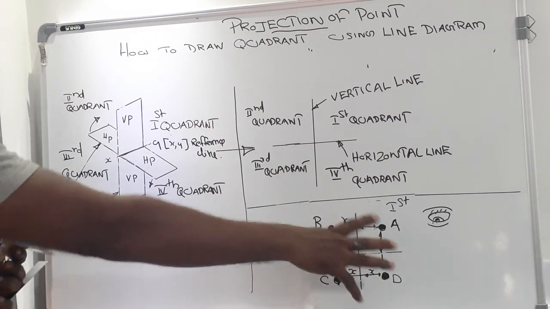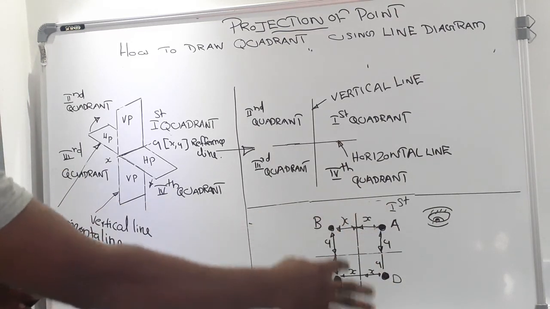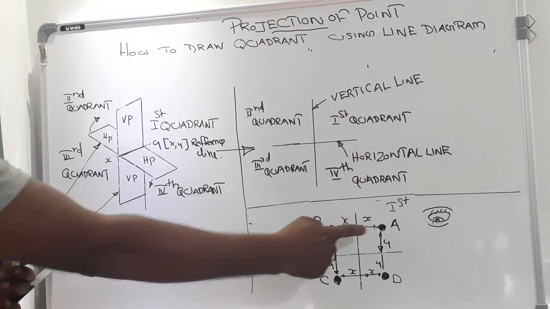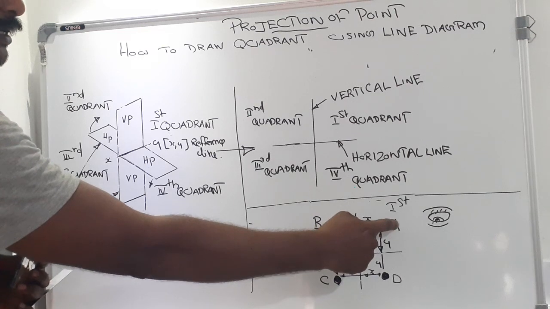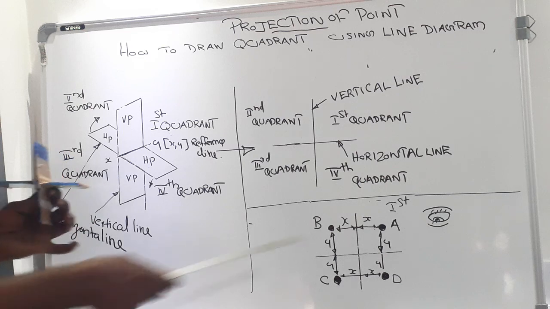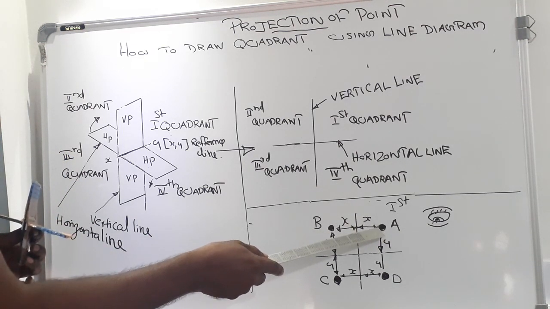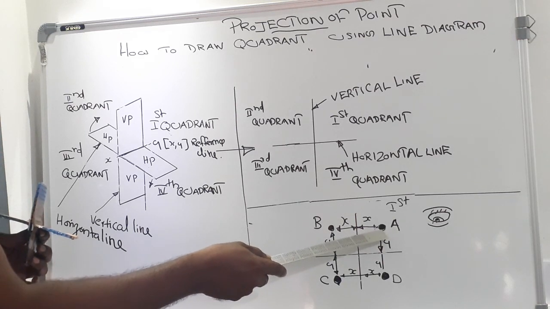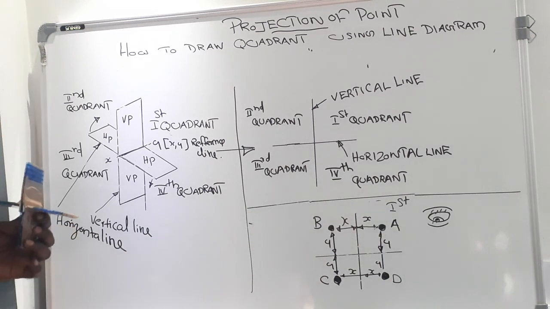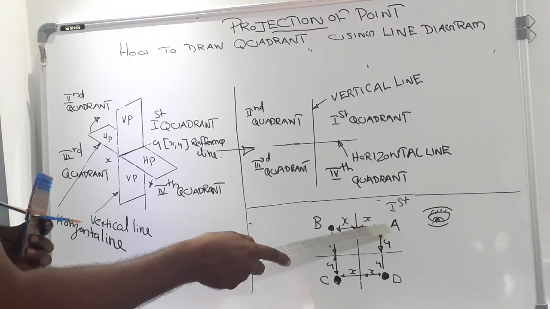Now the third figure, which shows the position of the object with respect to this vertical and horizontal line. In the case of first quadrant, I marked an object. Our object is a point which is marked darkly. I put a dotted mark here. Its name is A. That means this object is placed in first quadrant,